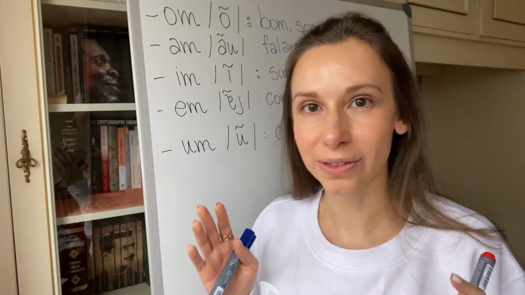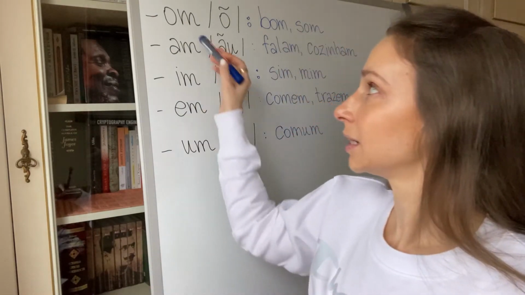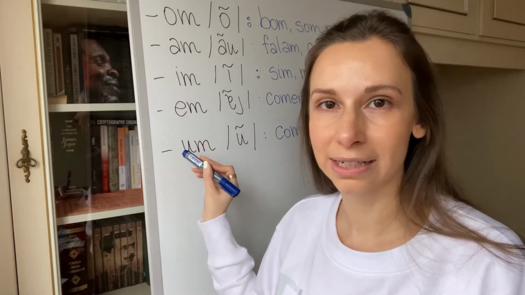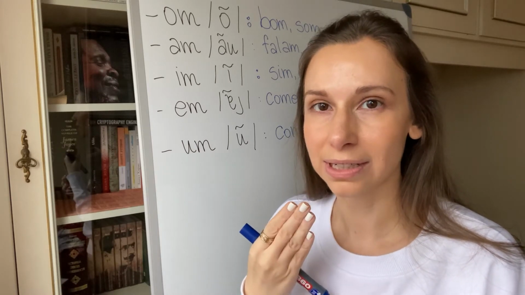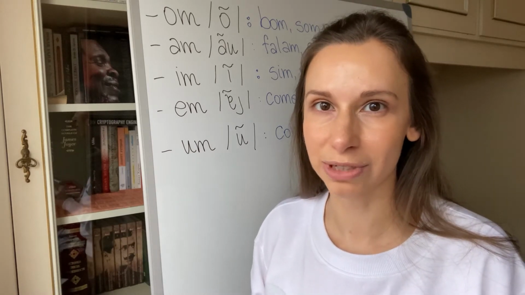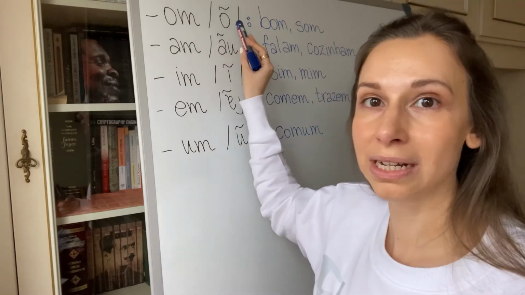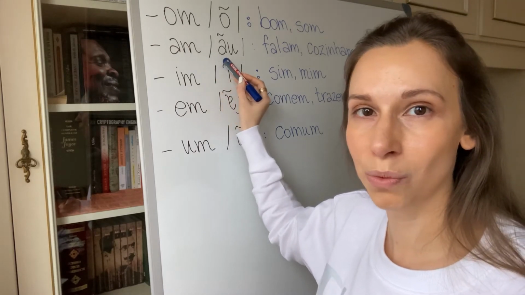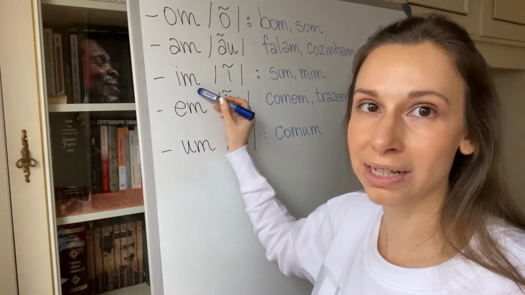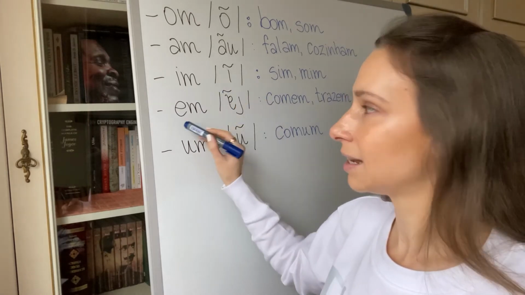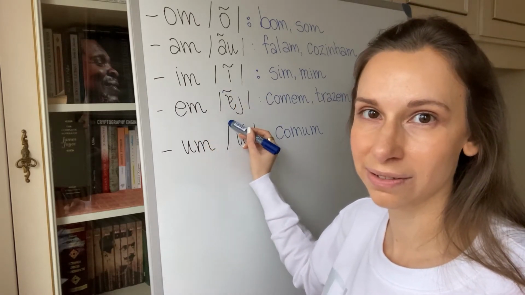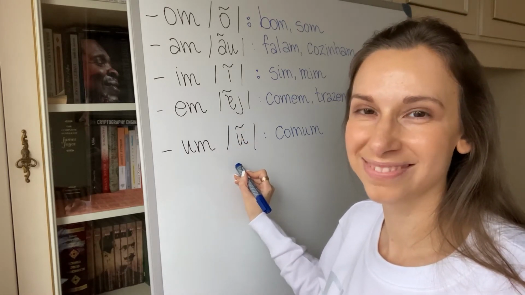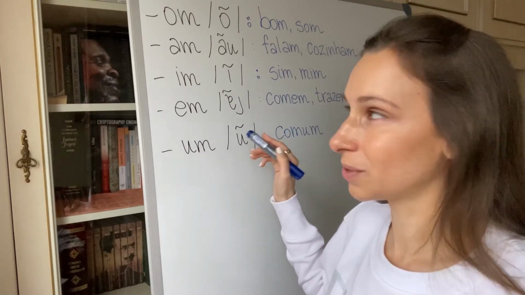Now we're gonna learn when to read letter M as a nasal sound. Okay, so when a letter M comes after a vowel, OM, AM, EM, AM, UM, it's never bilabial and it's always nasal. So let's see how we read it. OM becomes... AM becomes... EM becomes in. AM becomes ein. And UM becomes... Okay? So let's see some examples.